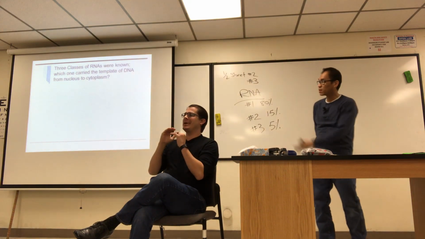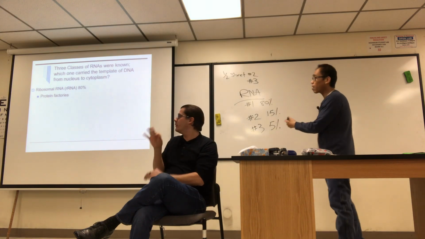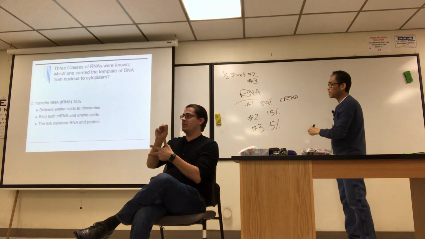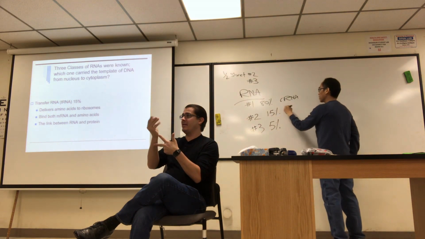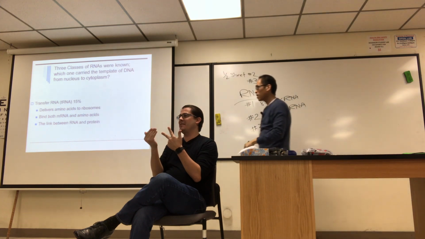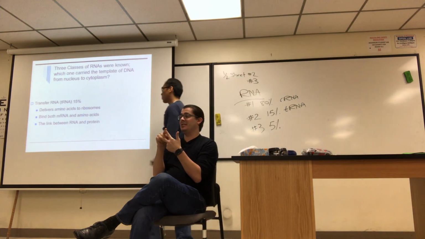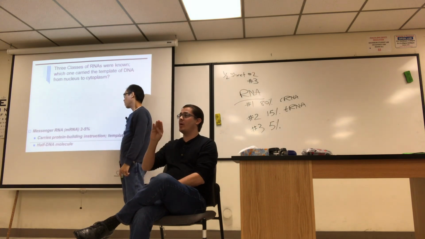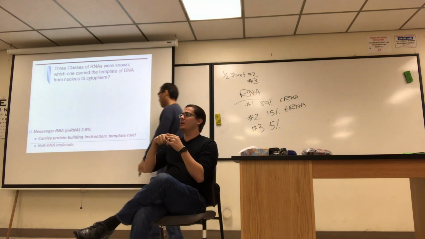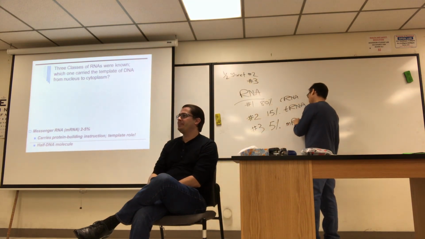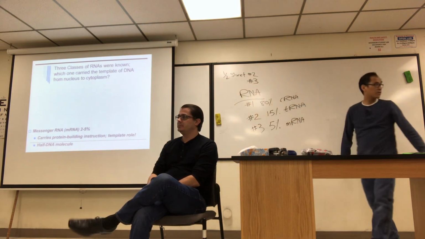So what they found was, on the next slide here, the rRNA is 80%. The tRNA is 15%. Remember, that delivers amino acids to the ribosomes. And basically, the messenger RNA is a very small percent. So RNA,